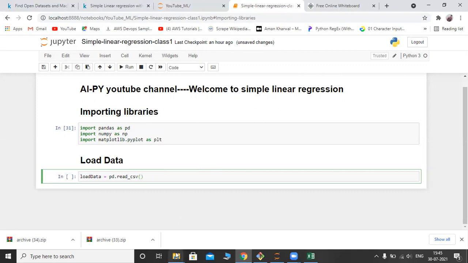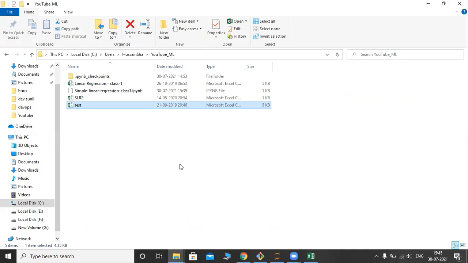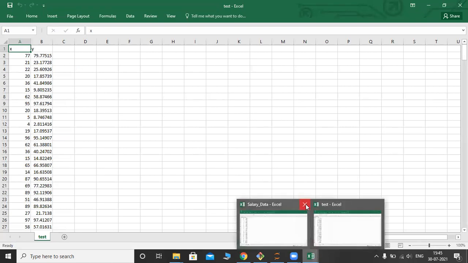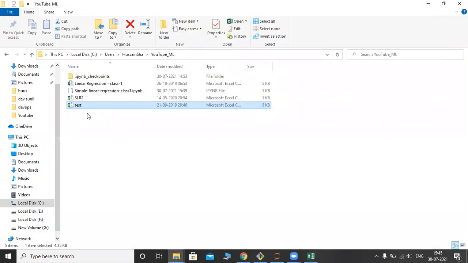What is the data? I have to provide the path of the data. I'm using this test data set, where I have x values and y values. Let me close this. I have x values and y values here. x is 77, 21, 22, 20 like that, and y values are 79, 23 like that. So I'm using this data set.